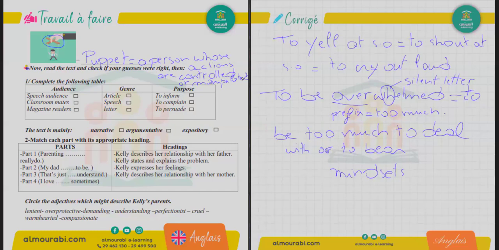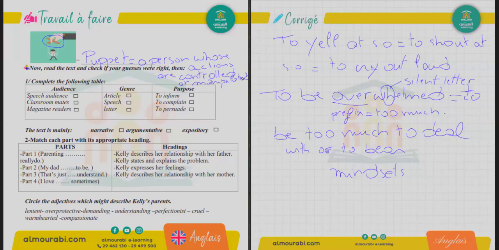And if she says that I am like a puppet, does this show that she has an independent personality? No, of course. She doesn't have an independent personality. She's not free to do what she wants to do. And that's why she used this expression, puppet.